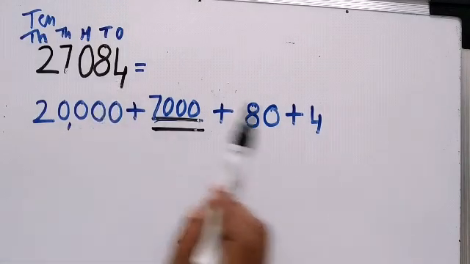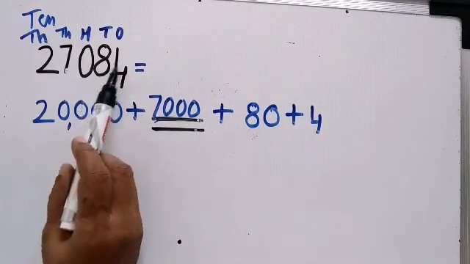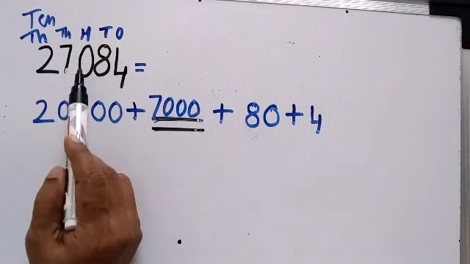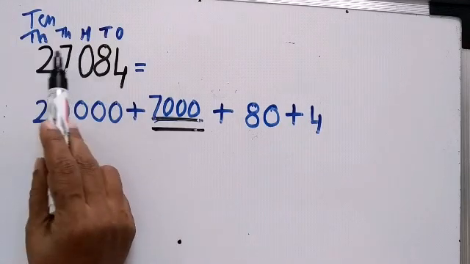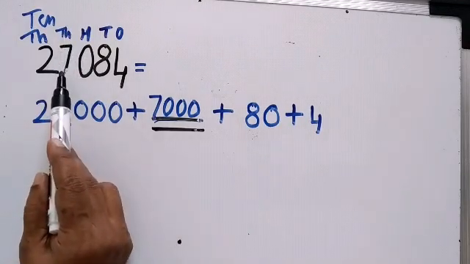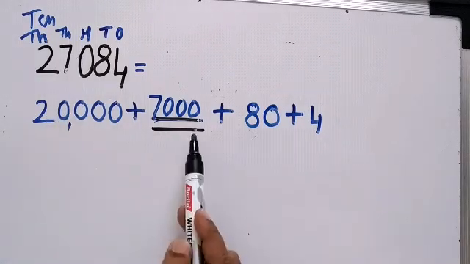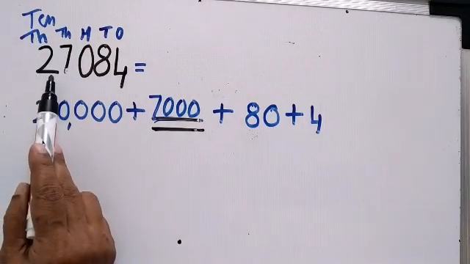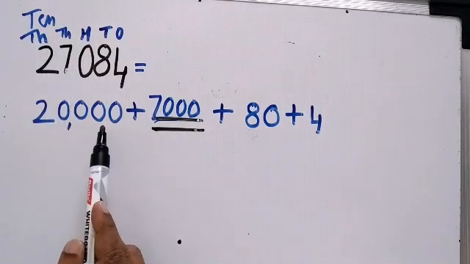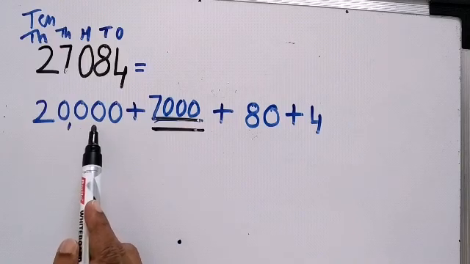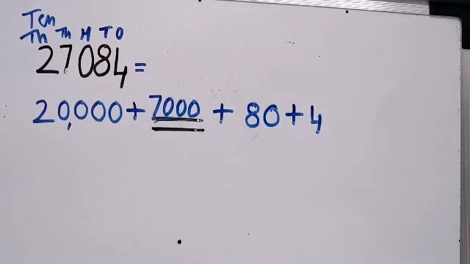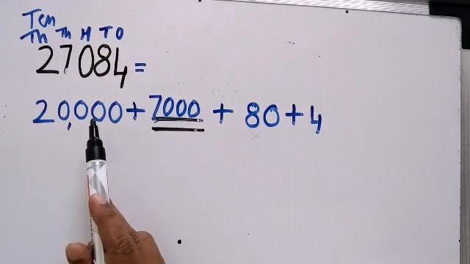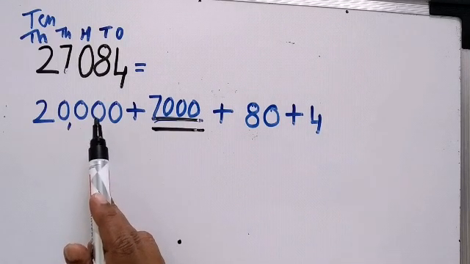4 into 1, 4. 8 into 10. Why 10? Because in the tens place, so that is 80. Now in hundreds place we have none, that is 0. Now in the thousands place we have 7. So you multiply 7 into 1000 will give you 7,000. And finally in the 10,000s place we have 2. So that gives you 20,000. Children, the similar examples of missing number I have done for grade 3. So I will be posting you that video also.